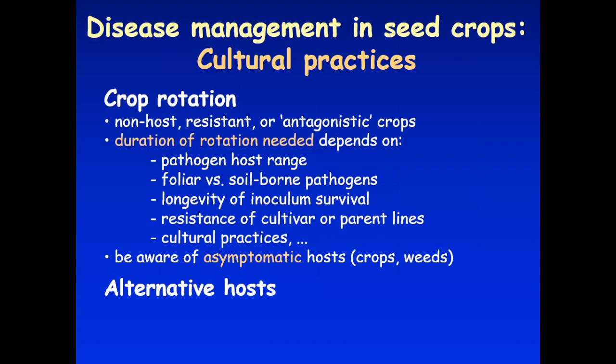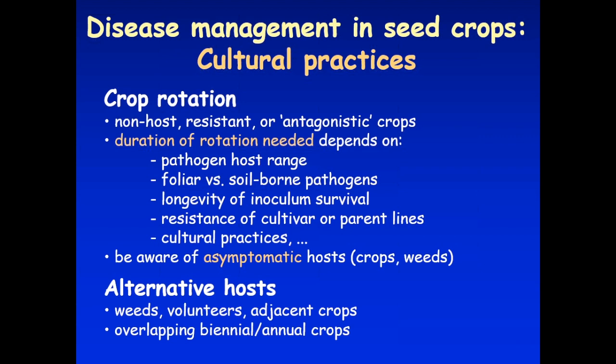And then, as I mentioned, alternative hosts. In some cases, for example, certain rust pathogens have alternative hosts they go to in order to complete their life cycle. Do you understand, if you have rust in your crop, does it have an alternative host? Is that host in your region or not? And I mentioned this issue of biennial seed crops or perennial seed crops becomes a lot more problematic because you're carrying that pathogen through that crop into the next season, and there's overlap from crop to crop.